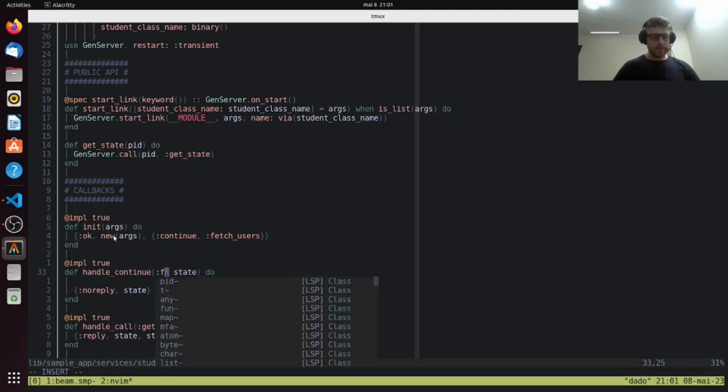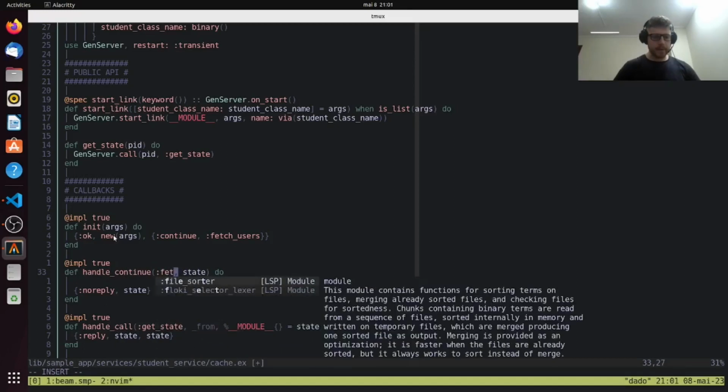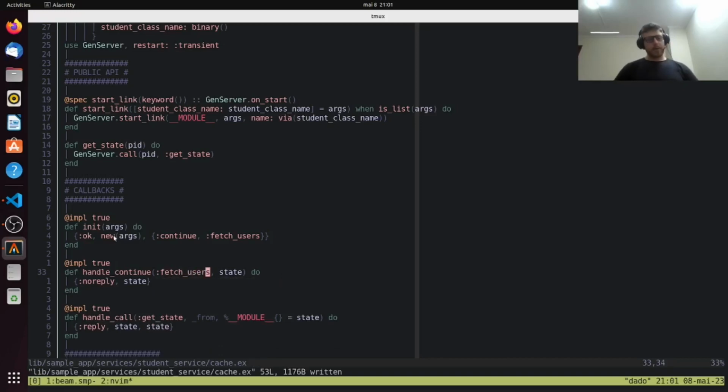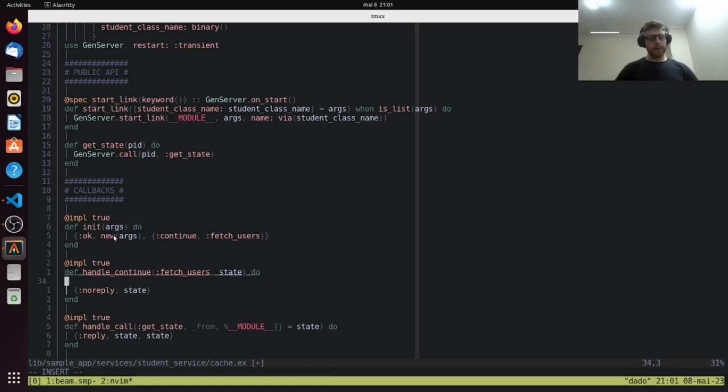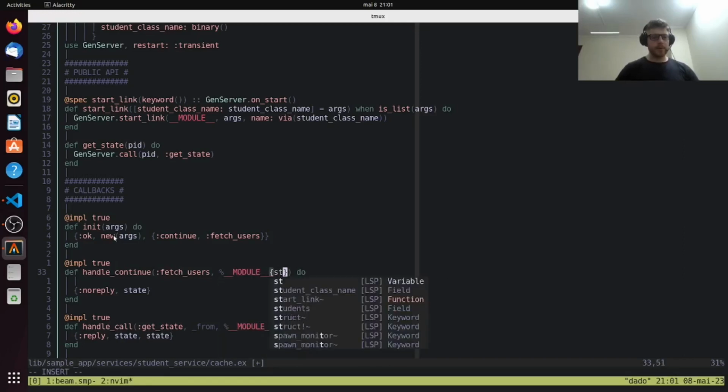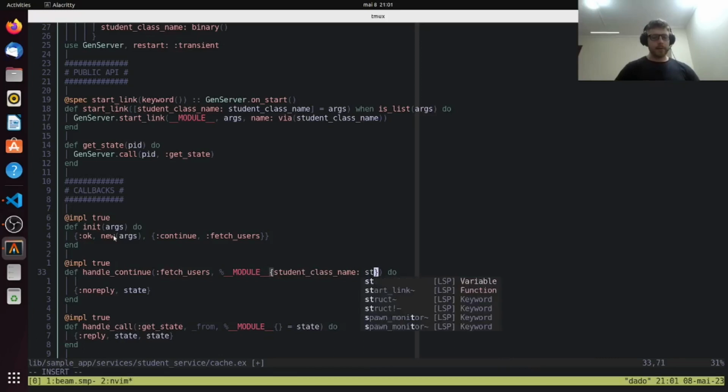The name of it is fetch_users. Here we are going to probably need the underscore module, and we're going to need the student class name, which receives here the state,